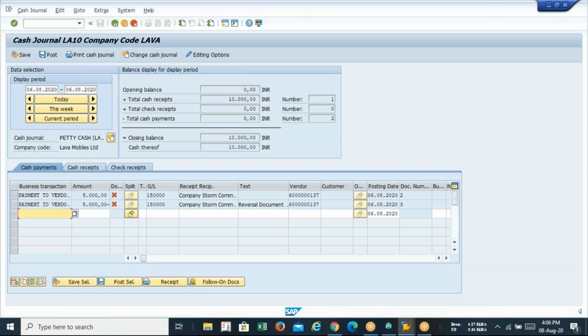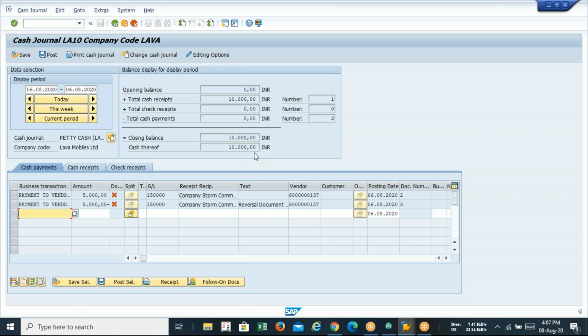You can see that the balance is coming 10,000. Did you get that? The entry is not deleted; it is marked as reversal, so the system administration will see that you have made a wrong entry. That's why we say that once we post an entry in SAP, it cannot be deleted. We have just reversed it.